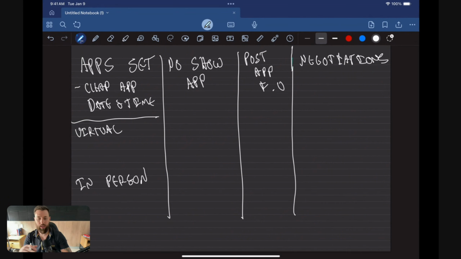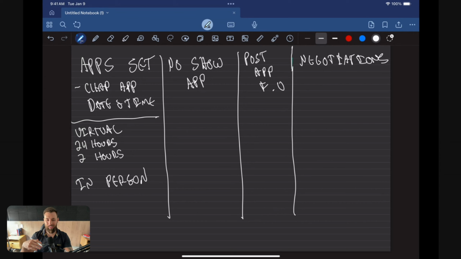If I am doing a virtual appointment, I am going to send them a text 24 hours prior. And I'm also going to send them a text 2 hours prior. So those are going to be my reminder texts. And literally what those look like is they just say, hey, Bob, it's John over at Sell Easy SoCal. We have an appointment on the calendar for 1 o'clock. Please reply confirm to confirm. Just something like that. It doesn't have to be anything crazy.